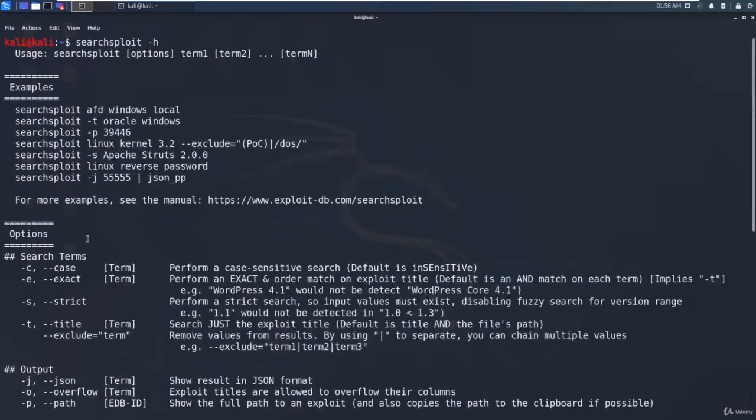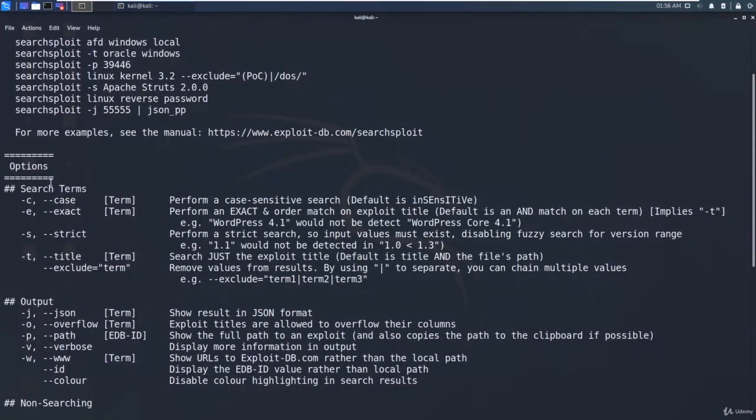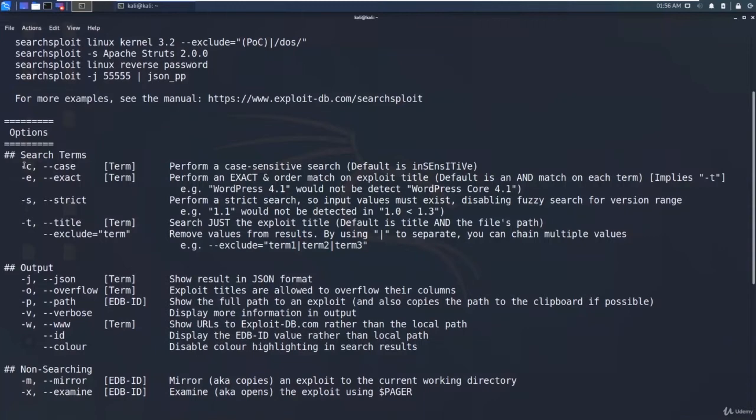Here you can see there are a lot of options, and these are the search terms. If you put -c, it will be case sensitive. By default searchsploit is case insensitive. If you say capital A, it will also get the results for small a, so you need to specify -c for an exact term.